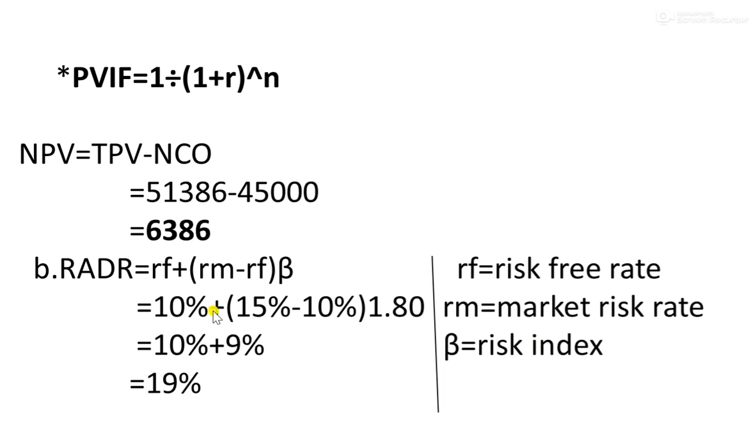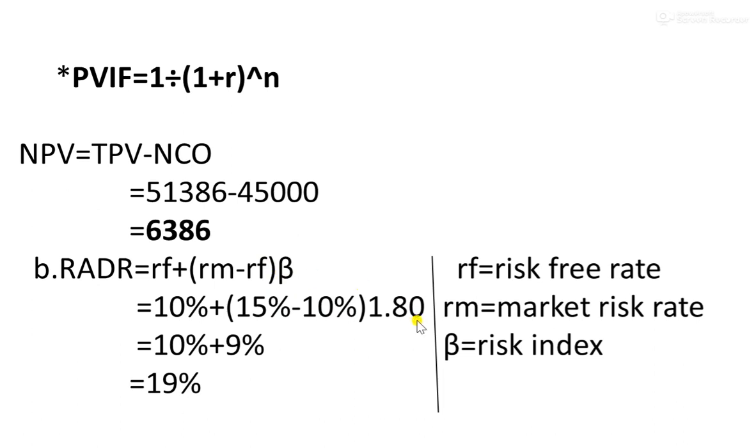So if we put in the values, we find RF equal to 10% plus RM 15%, because RM means cost of capital or market risk rate. The firm's cost of capital and the market risk rate are equal. Minus RF